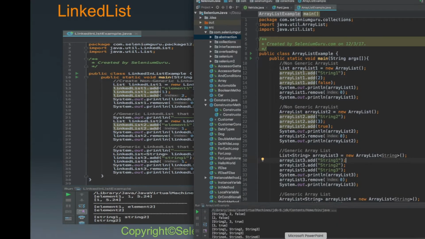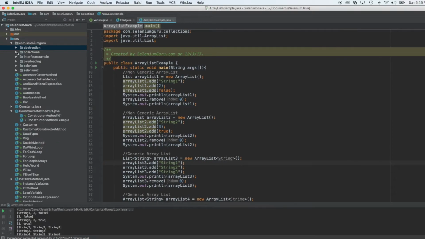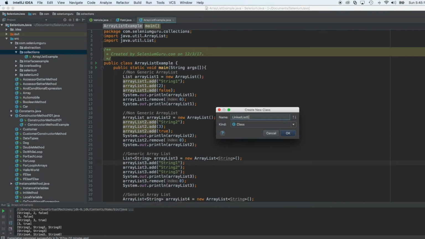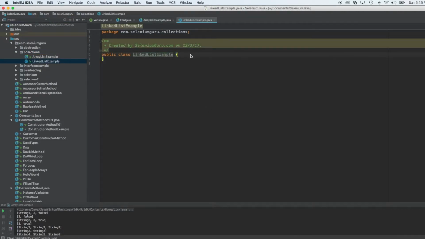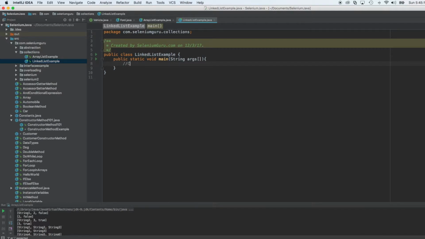Well, let's go to IntelliJ in here, and I'm going to expand this one now, and I create a linked list in here. I'm going to do LinkedListExample. So in here, I'm going to do public static void main String args. Alright, so in here, we're going to create a non-generic linked list. Alright, so first, I'm going to do linked list 1 equals new